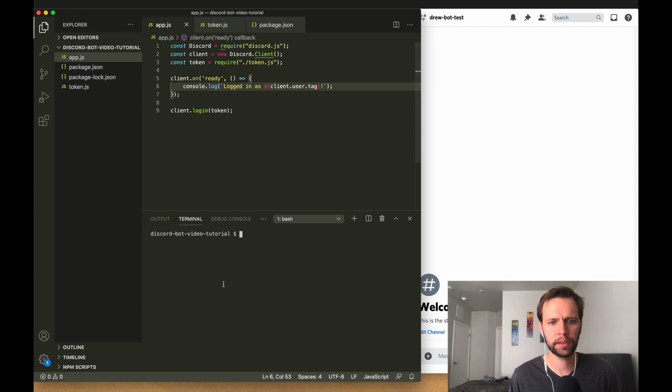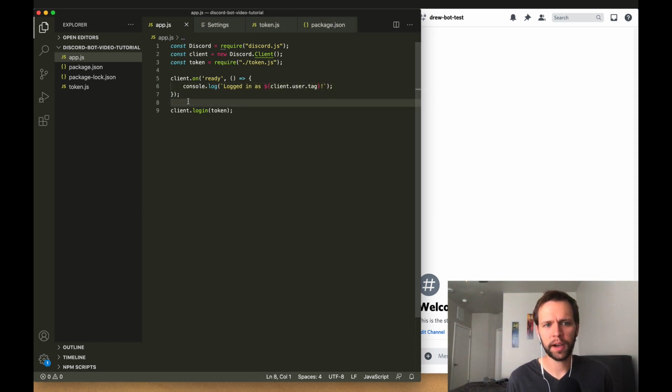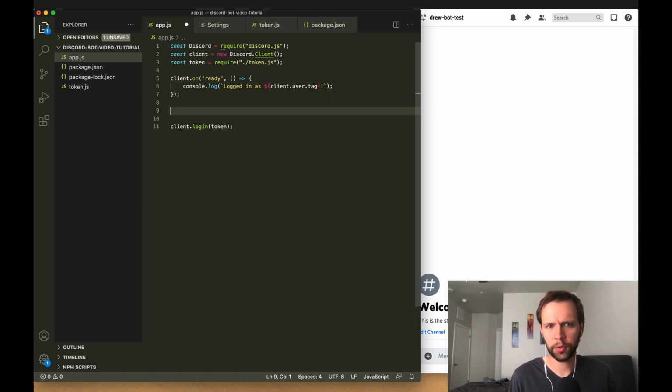So I'm going to go ahead and run this by saying node app.js, and we see logged in as Drew's tutorial bot, which is great. That matches what we put in Discord, so we know that things are wired up and working. Now that we know our bot is online and working, we can add more event listeners to it. So let's say, how about